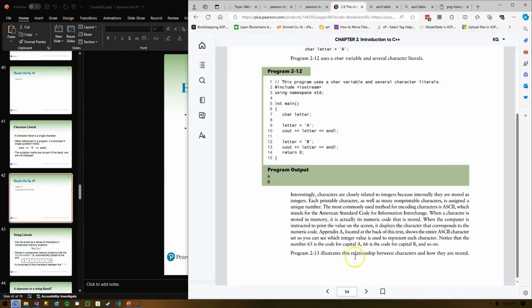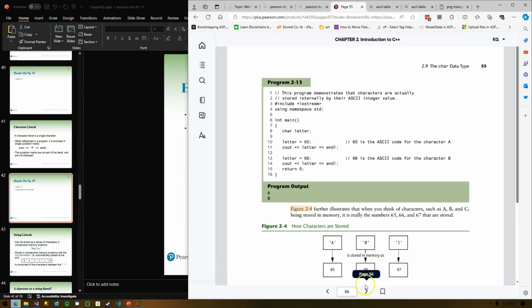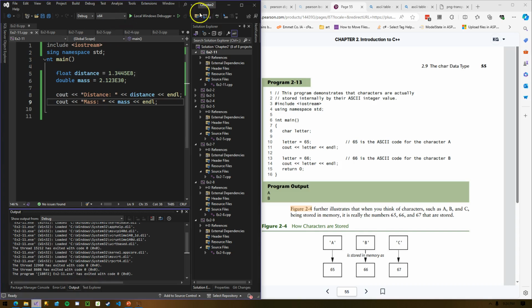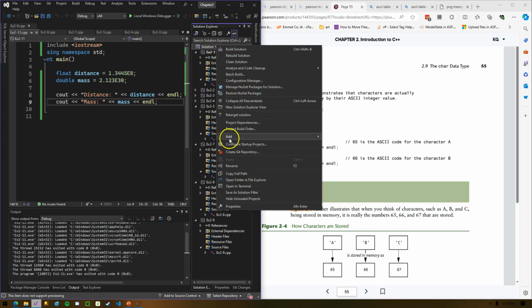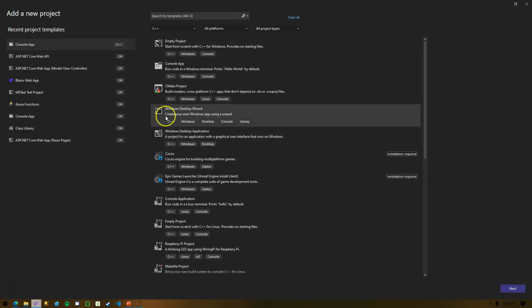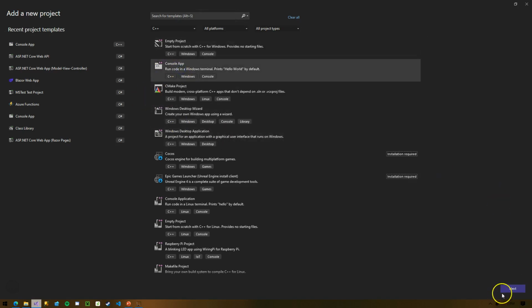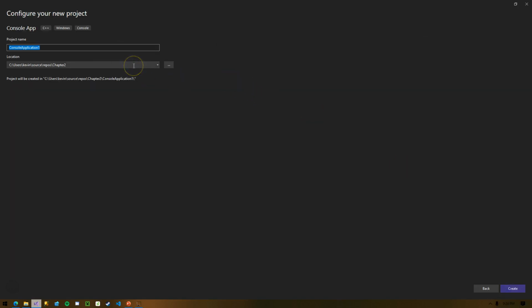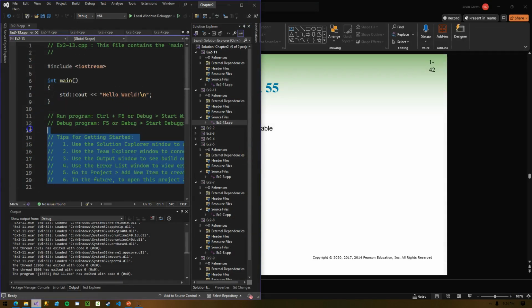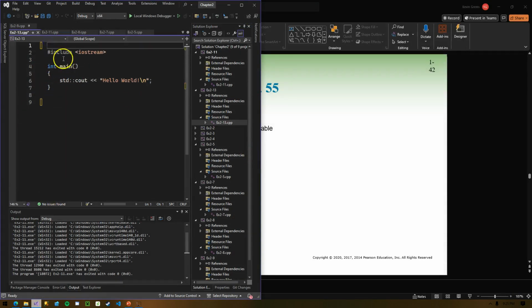Let's check out listing 2-13. This is kind of cool. Sort of interesting and proving more or less what we were just talking about with the ASCII table substitution. Check this out.